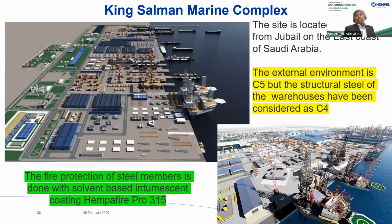Right. A few examples. This is King Salman Marine Complex. This will be the biggest ship repair area in the whole world. It will be bigger than even the Dubai dry docks. This is almost complete construction. It's about 100 kilometers from Jubail in the eastern part of Saudi Arabia. Now, the issue is that they had these structures. And for example, if you see this